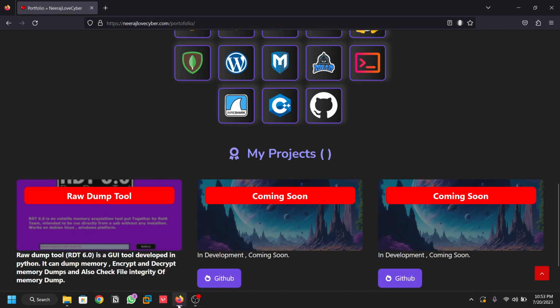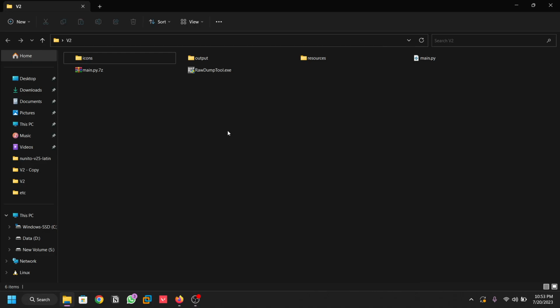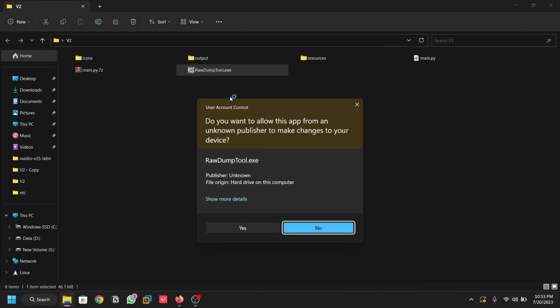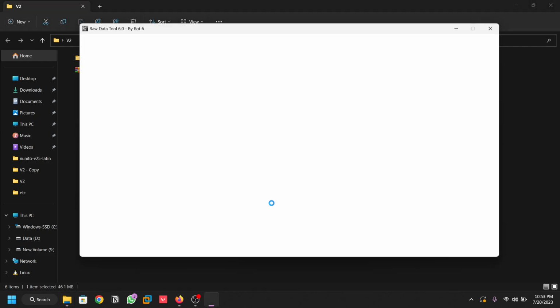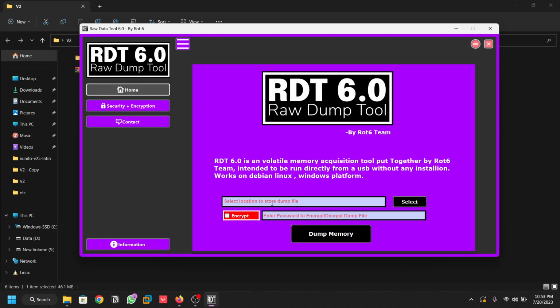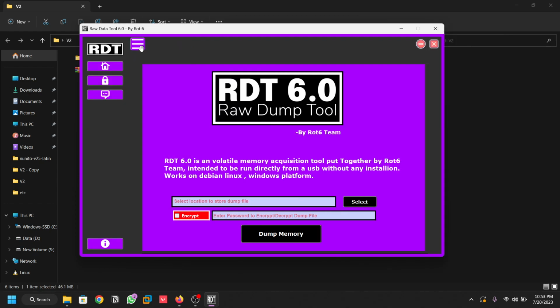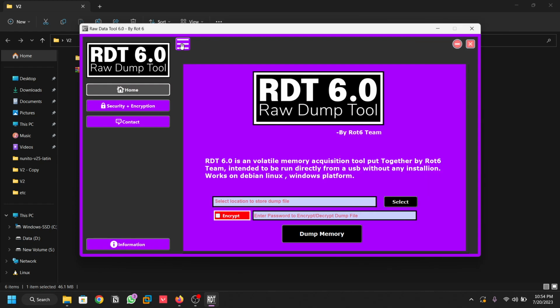So let's spin up our program. We just have to double click on the exe file and wait for it to open up. It will take some seconds, and here we are. As you can see, it's our home screen. It has a feature like a retractable side menu,